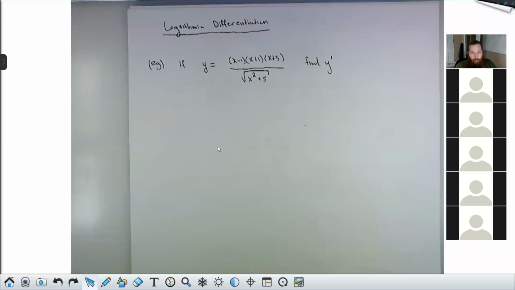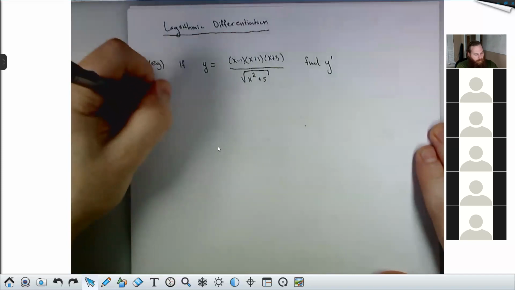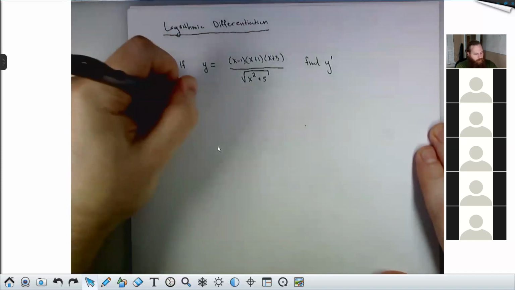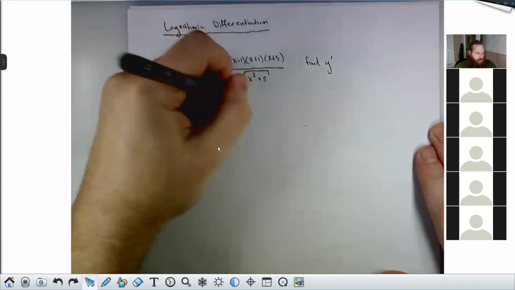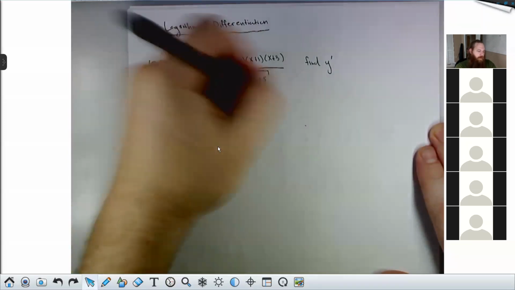It's doable. It's not fun, but it's doable. If we use the quotient rule, we get